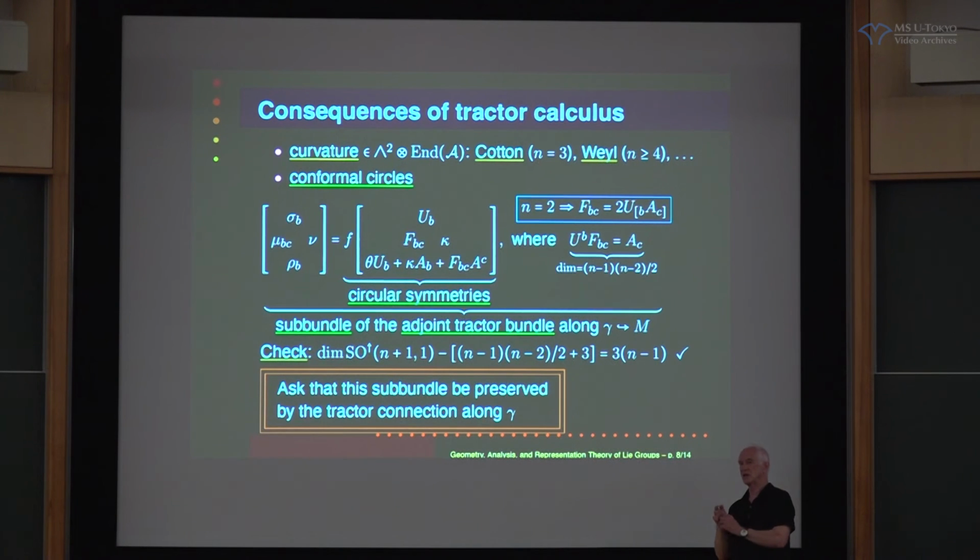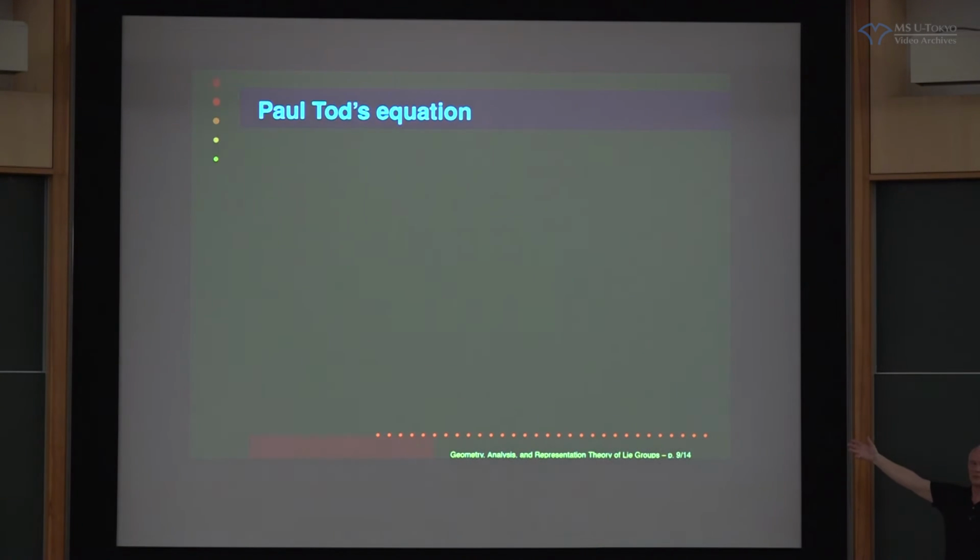And you would like to ask a conformally invariant question of this subbundle. And that will give you some restriction on the curve. And what you do is you ask that this subbundle be preserved by this connection that we found just along the curve. Okay, so this formulation is due to, well, they do it in a sort of principal bundle way, but Boris Doubrov and Wojciech Zadnik some years ago. Okay, and when you do that, you'll get this funny equation out. You'll get Paul Tod's equation. It's really quite surprising. I'll just briefly indicate how it works in dimension 2.